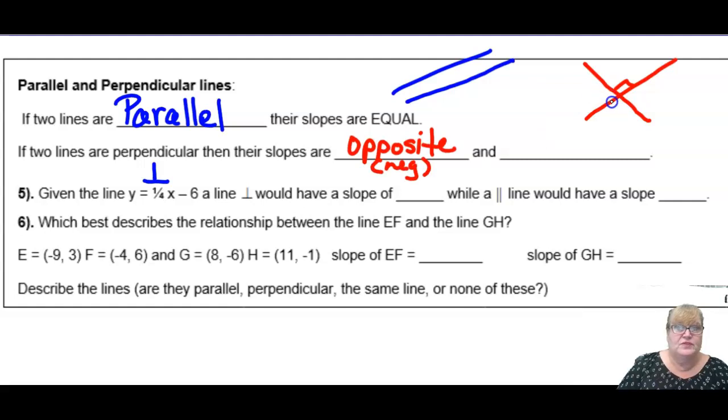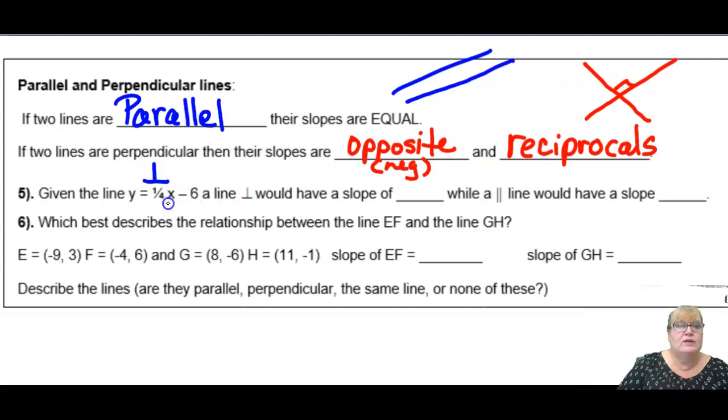And it's got to flip over. If this one's going up 2 and over 3, this one's got to go down 3 and over 2. So they are reciprocals. So a lot of times it'll say negative reciprocals of each other, but they're really opposite signs. Okay? So real quick,